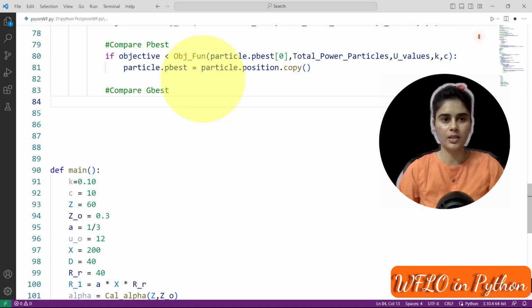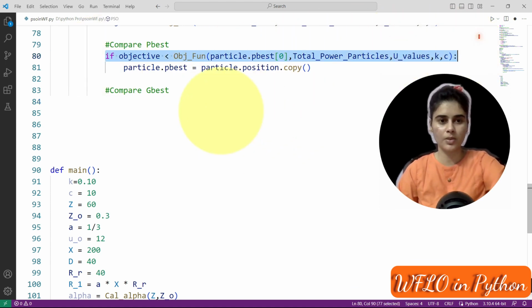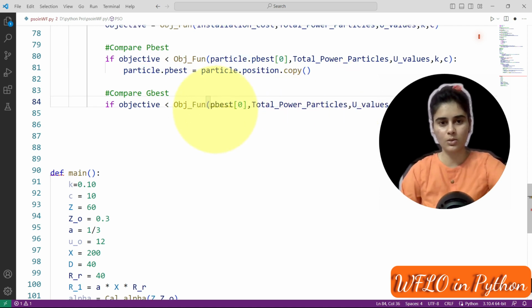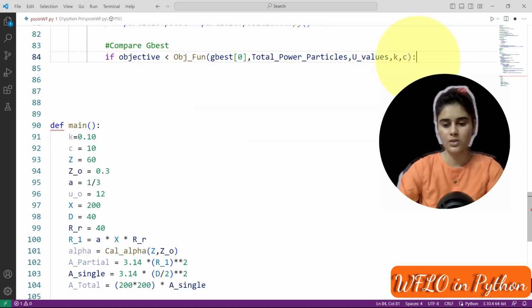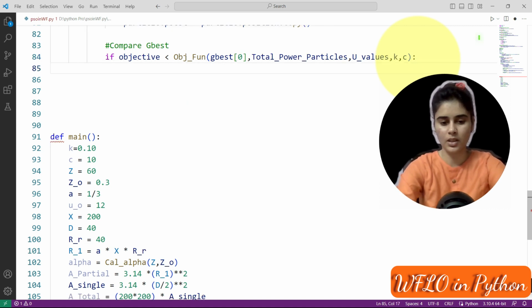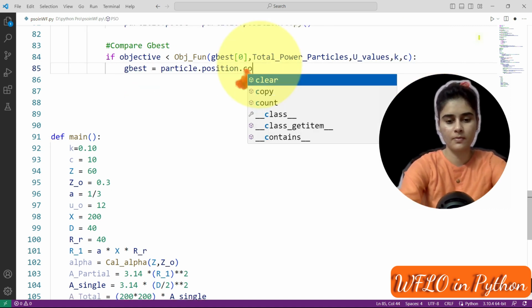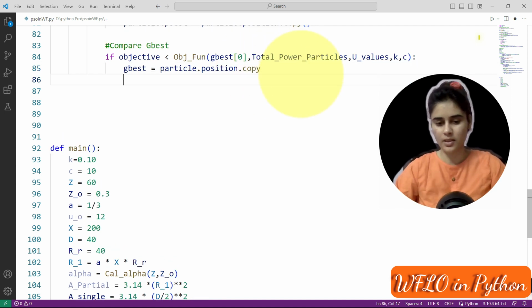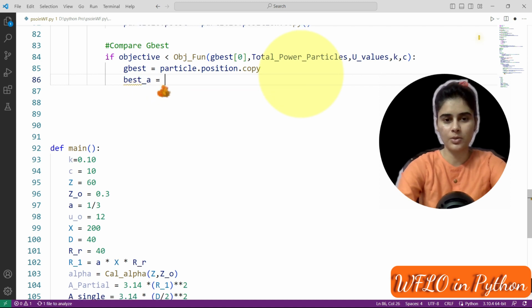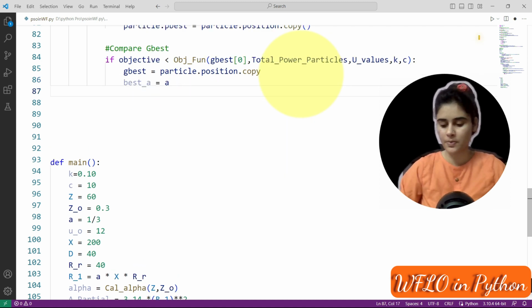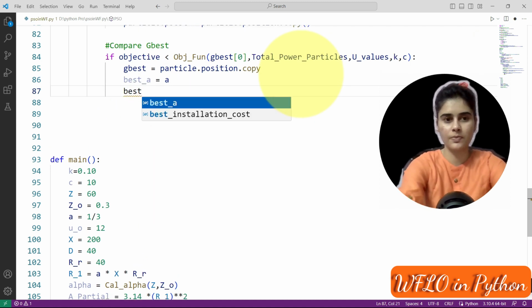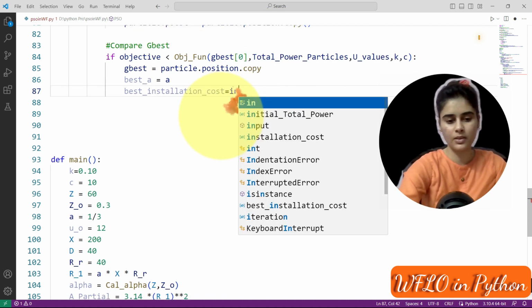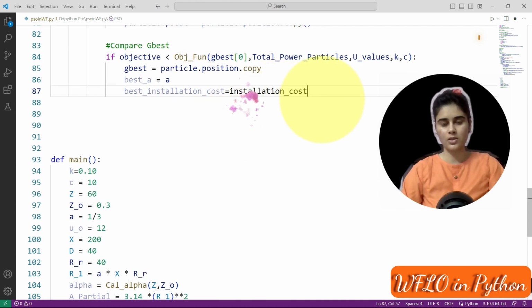Again we compare here, but instead of this we have the global best value. If this condition is true, then G best would be that position, the best value would be the best value, and the best installation cost is the installation cost.